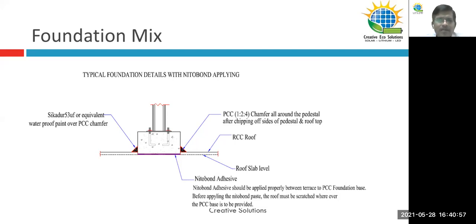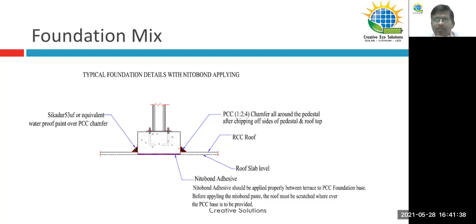And this is one of the typical examples of how we do these PCC structures. In some cases, we mount it on the RCC floor. In some cases, a good example is we remove the weathering course, and the PCCs will come in from the weathering course, so that the bonding is much better, and you can always use good chemicals like Nitobond, so that your PCC chamber sits on your RCC roof, and it gives you a good adhesive bonding. The chemical is called Nitobond, which is available in the market. Any hardware or civil shop will have this.